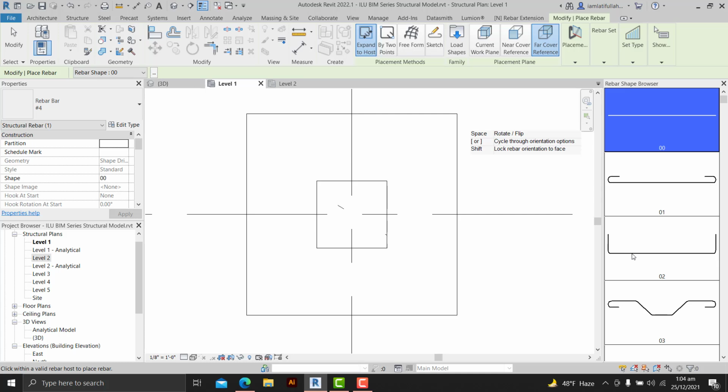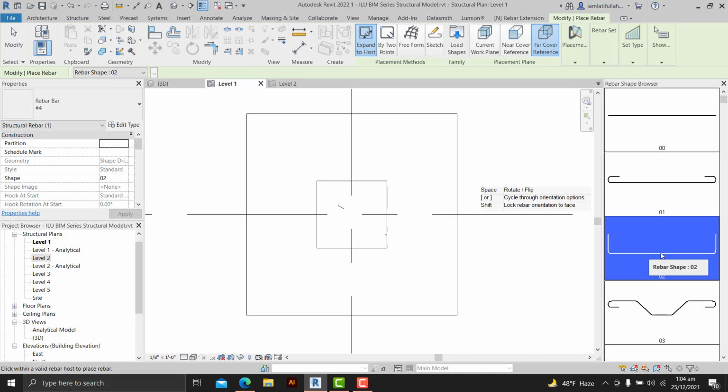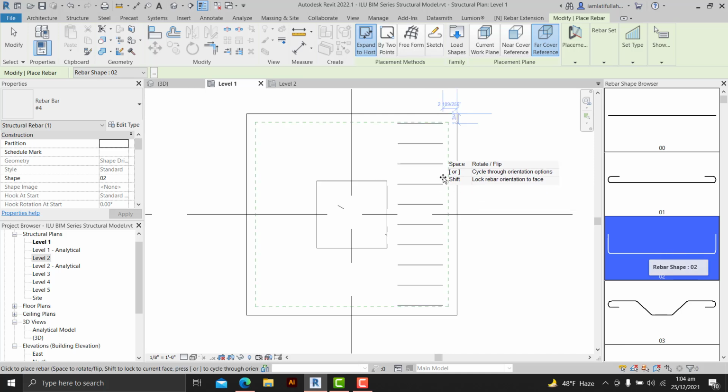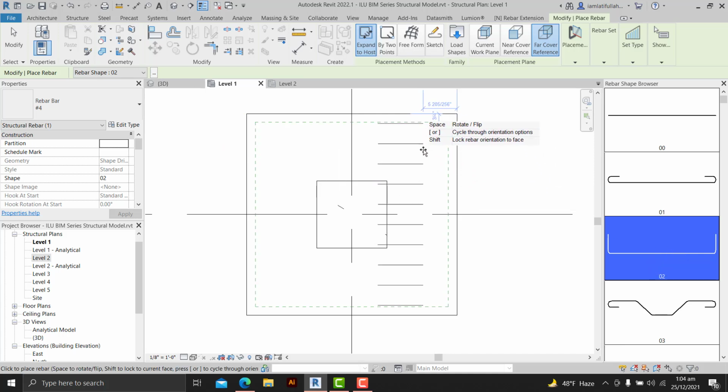We can add any type of shape. For example, if we want just 90-degree hooks with longitudinal bars, we can select this one, and here it says press Space or Shift to rotate or change the orientation.